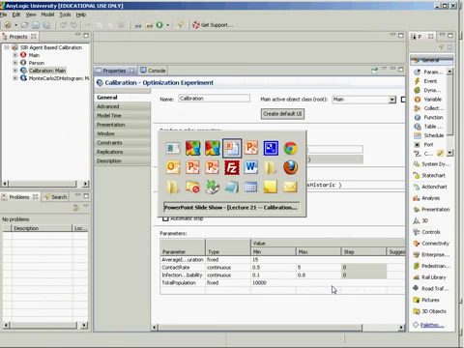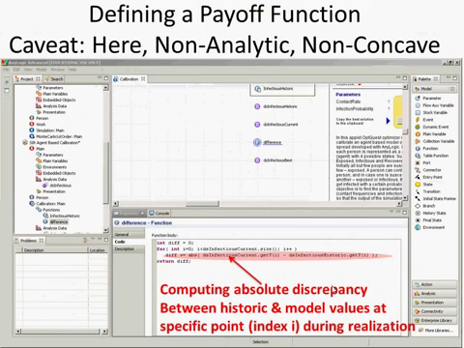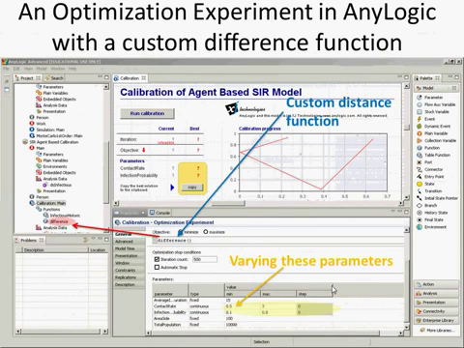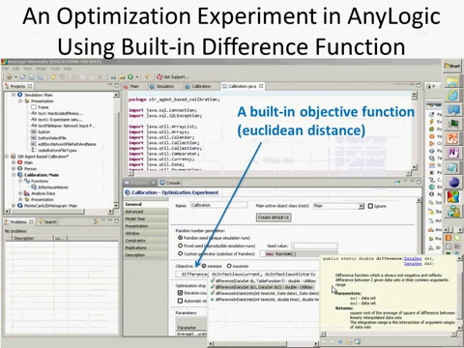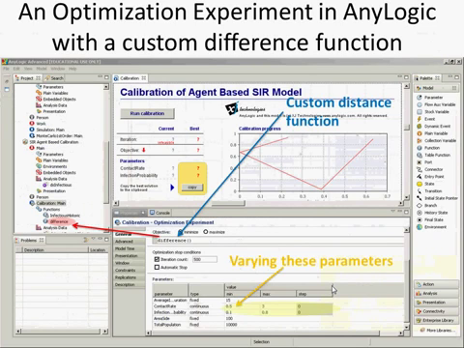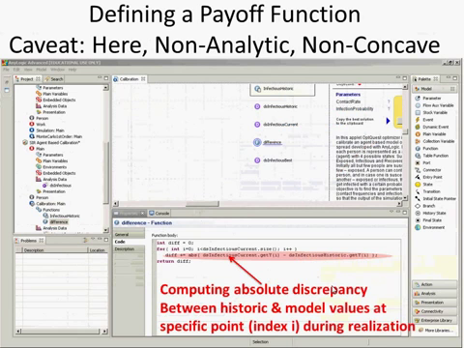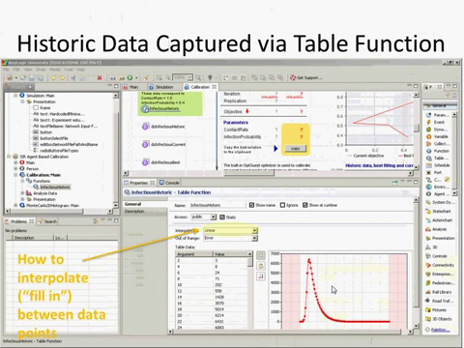So as I was saying, we can use a built-in one like this difference function, or we could define our own. Either is an option. Here it's actually defined differently using absolute value of the differences, and that provides an example. Any question about that before I go on to look at how this particular example works for defining like historic data? Question? Okay. Okay, so let's go see how